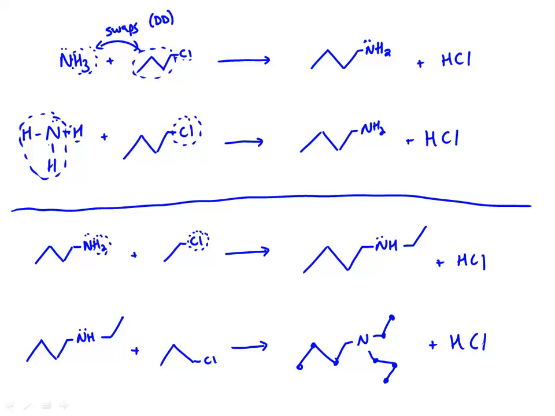So on a test, you could see any of these first 3 steps. Notice they kind of look different, because as we go down and add more alkyl groups, the starting material looks a little bit more complicated. To me, the easiest way to remember this one is that if I've got an ammonia and an alkyl halide, that's a swap or substitution. And then that last step is different, remember? The 4th step